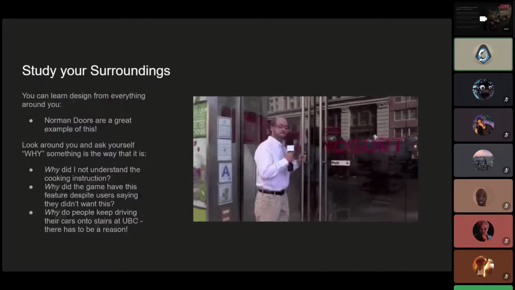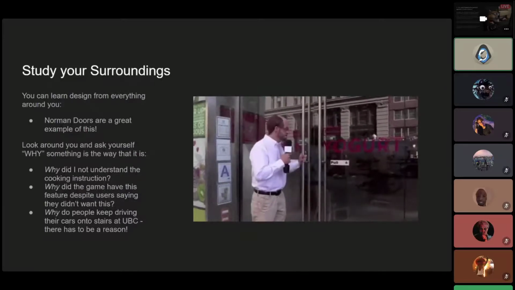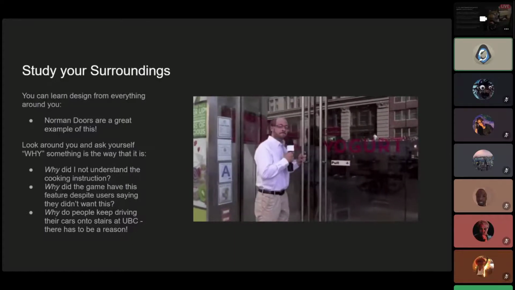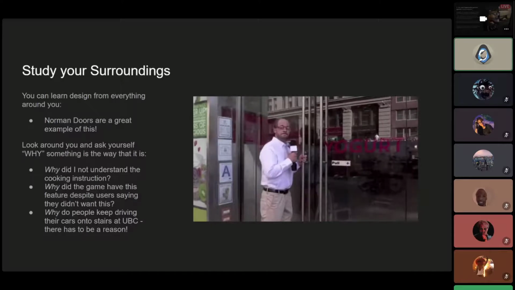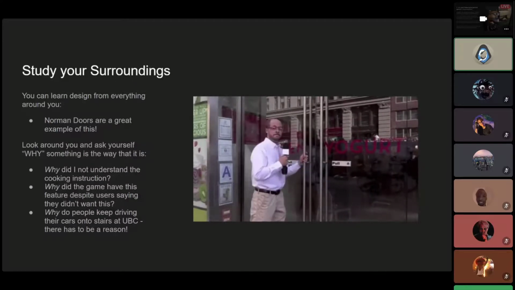but why? Why did this happen? Why do people drive down the stairs? What is it about this specific set of stairs that's hard to distinguish from a road? What do other roads look like? What do other stairs look like? What does this set of stairs have in common and have different from these other two examples?